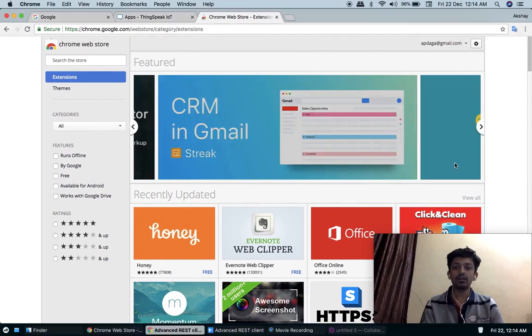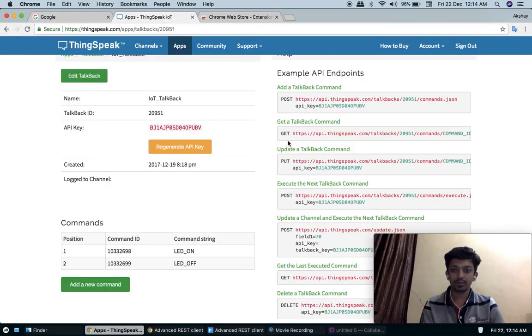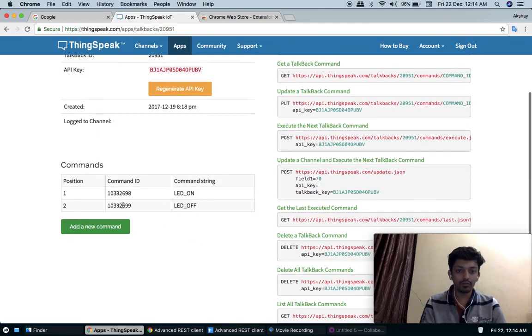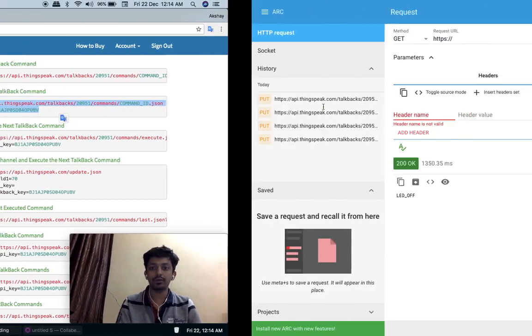To test that, you need to do the following things. I'll show you a demo using this PUT command, which is used to update a TalkBack command. You can see we have these two TalkBack commands, LED on and LED off. I'll show you how we can update this. I'll change this LED off command to LED toggle using this command. To do that, just copy this API,